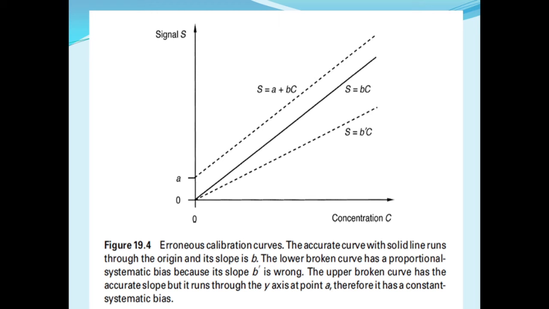The deviation can be positive as in the figure or negative. With the standard addition methods, this type of error cannot be recognized. A curve with proportional error has a false slope which can be too low as in the figure or too high. Both types of deviation can occur simultaneously. They can be detected by the determination of the recovery function shown in figure 19.4.